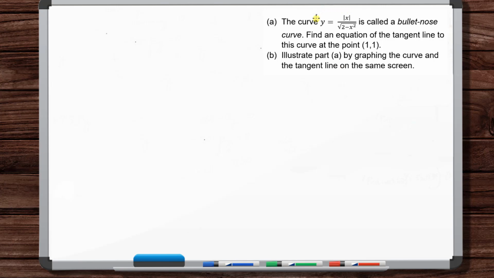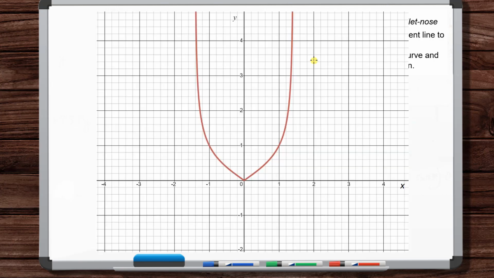Okay, so I went ahead and put this function into an online grapher. I used Desmos, but you can use your graphing calculator or whatever you want. So there you go. There is the bullet nose curve. It definitely looks like the nose of a bullet right here. All right, and then at the point (1, 1),